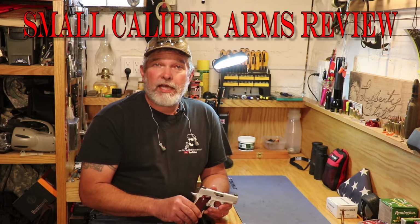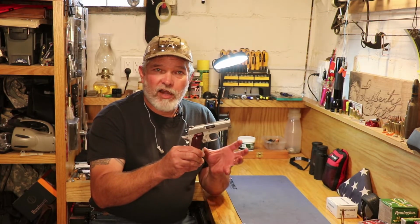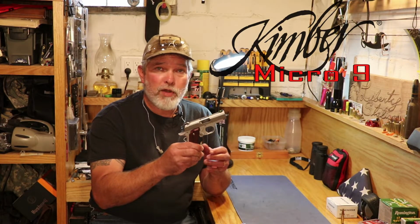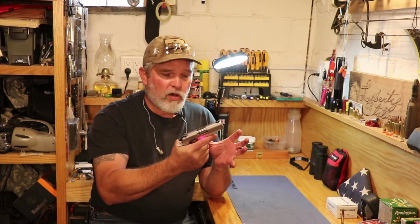Today we're going to take a look at another option for concealed carry. This is a really elegant looking American-made firearm, kind of based on the 1911. This is a Kimber Micro 9, a good compact 9mm, fits perfectly in the palm of your hand with a 7-round magazine in it, an aluminum frame with a